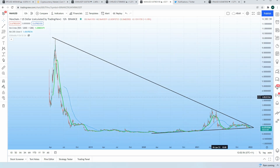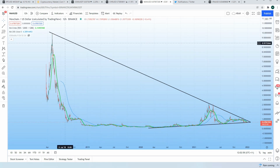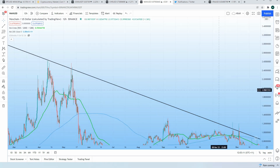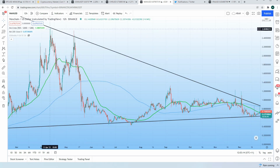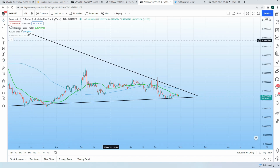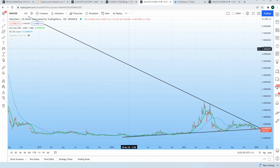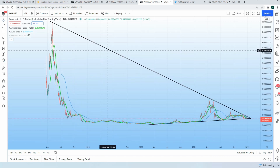So just to clarify what we're seeing here, we're seeing a really big pen formation. Obviously we're still seeing that 2018 all-time high acting as a long-term resistance. We can see it touched at 2018. It's acted as resistance in April, as well as in May, and even more recently in November and early December, and even up until the 25th of December. So that 2018 all-time high descending resistance line has been a long-standing resistance line for,